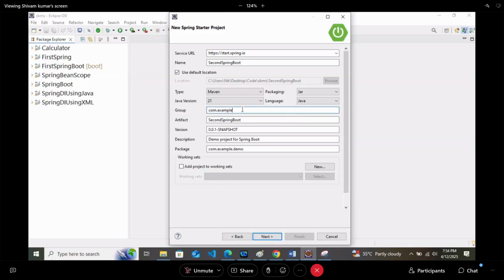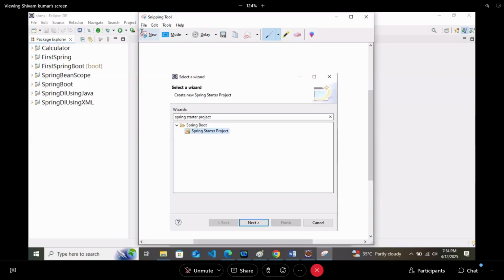Group ID is coming as com.example, but I will keep my group ID as com.springboot. And this package also I will keep as com.springboot. Both I will keep the same. You can keep them different, but try to keep them the same. After that, do the configuration like this.